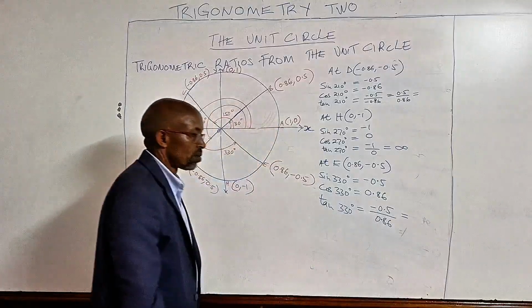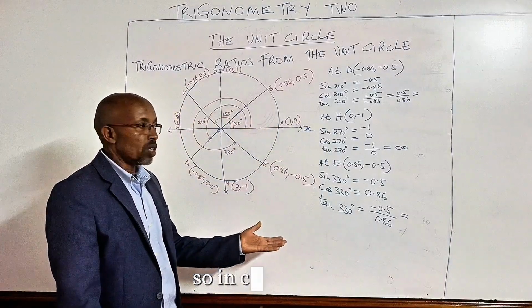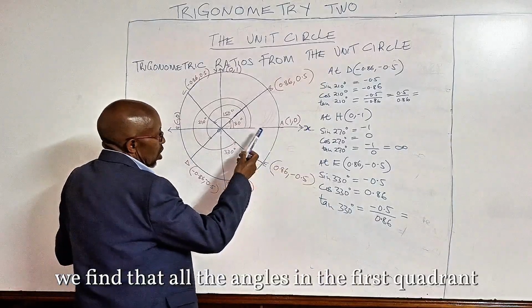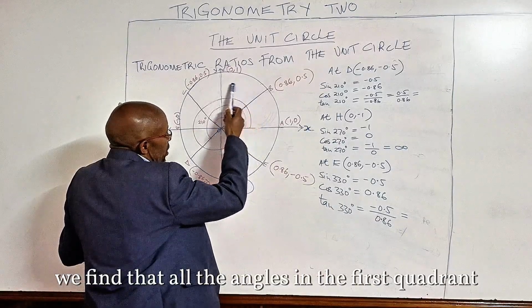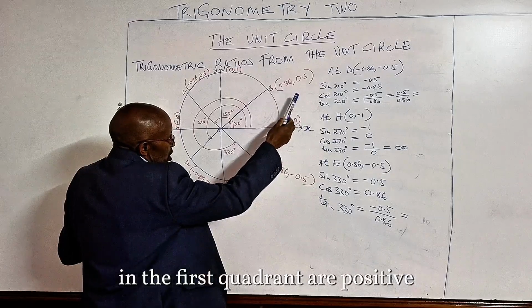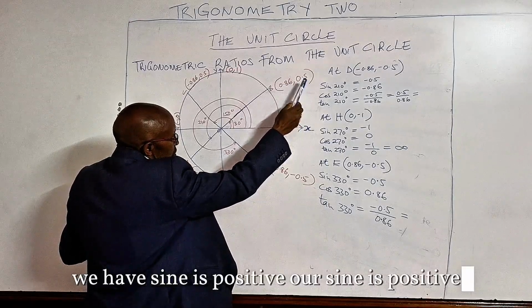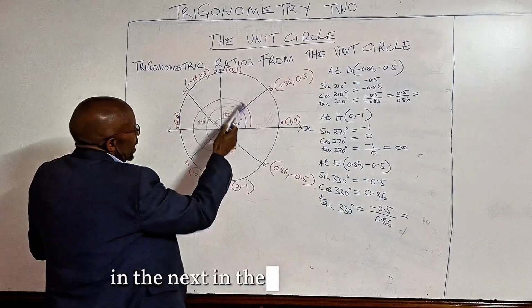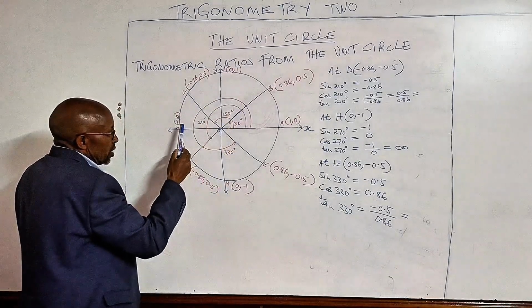So, in conclusion, we find that the trigonometric ratios of all the angles in the first quadrant are positive. We have sine is positive, cosine is positive, and the tangent is positive. In the second quadrant,